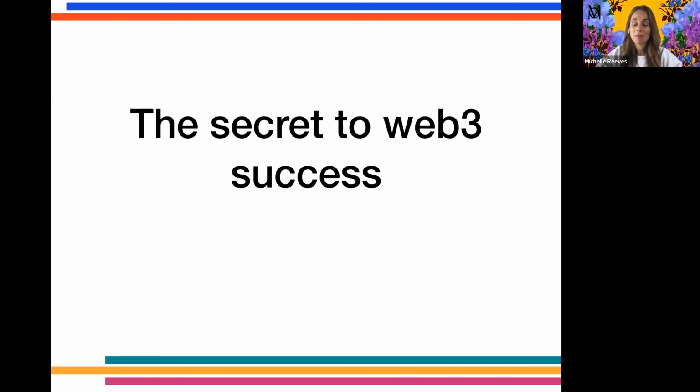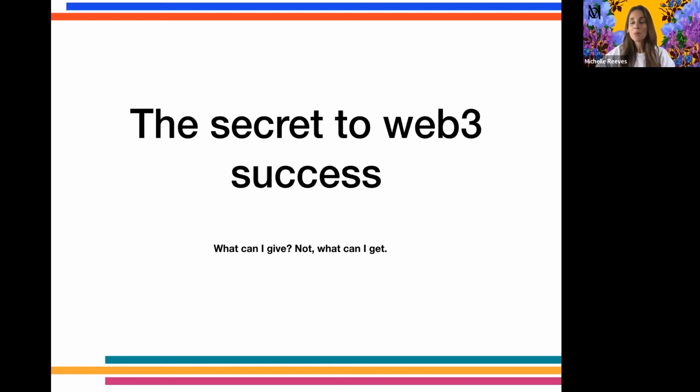All right, the real secret to success in Web3. This is it. You've got those 5 pillars, you know what's going on, but the real secret really comes down to this. It's always, always about what can you give, not what can you get. The greedy, big fat cats of Web 2 are not welcome in Web 3. The idea that you are a brand that people should come to because you have a big marketing budget and fancy events, that's left behind in Web 2.